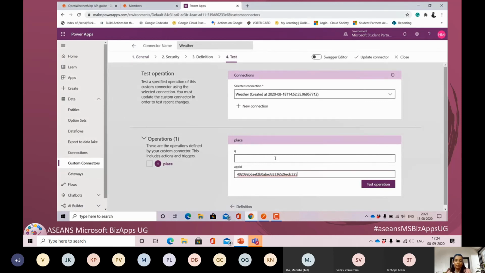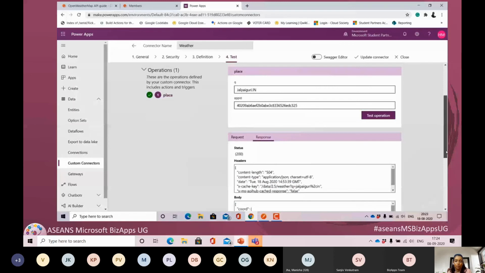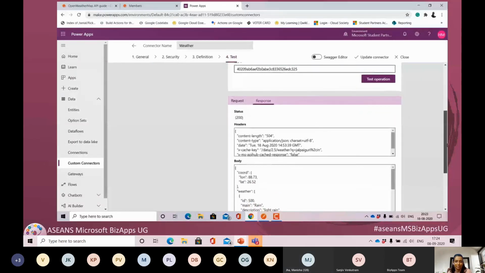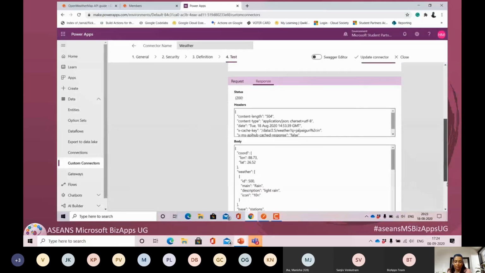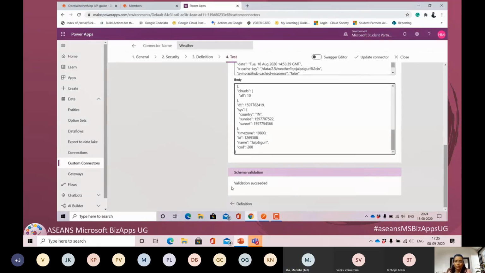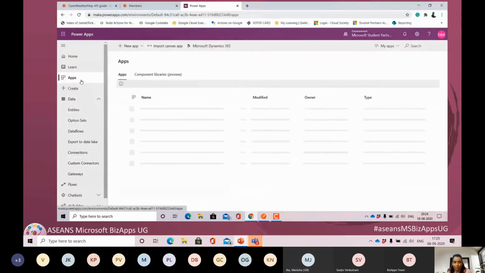Since I had given my API key, the connection is already selected, and here Q stands for city. So here we'll mention the name of the place, that is Jalpaiguri, comma, the country code, that is India. Once this is tested successfully, it will show a status 200, and we can see the body, that is what it is returning back: the longitude, latitude, whether there are chances of rain, and if the rain is heavy or light, and so on. It also gives back a lot of things. So depending upon what we are using, we can take up the data and then filter it.